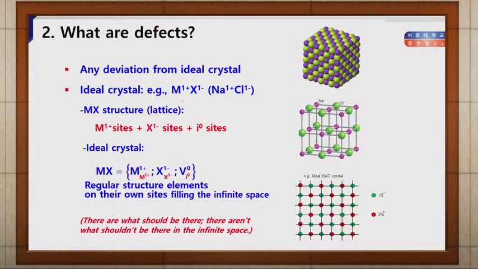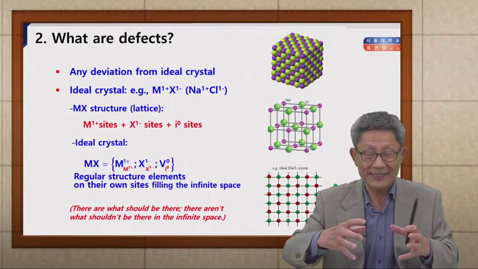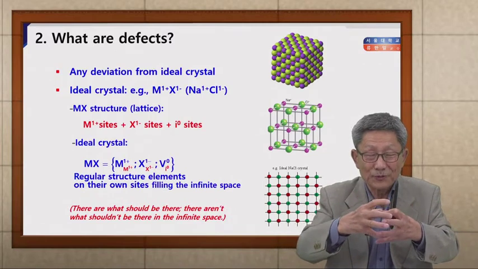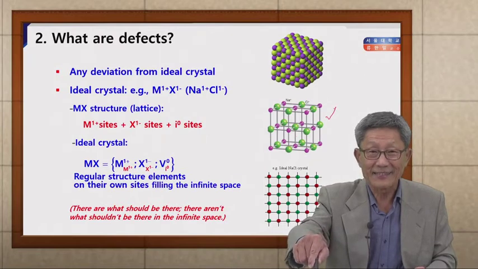Let's assume that its ionic charge state is just monovalent, a positive ion and a negative ion. For sodium chloride, the ideal structure looks like this. Sodium itself makes its own face-centered cubic structure, and the chloride ion also makes an FCC lattice, and those two, positive FCC and negative FCC, are interwoven to make a single FCC lattice, which looks like this diagram here.